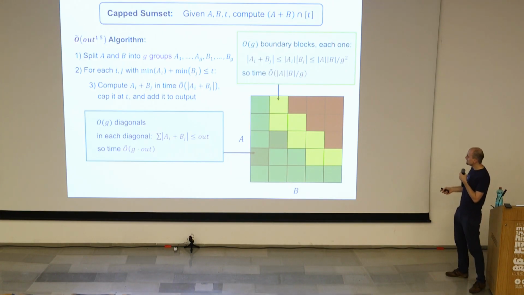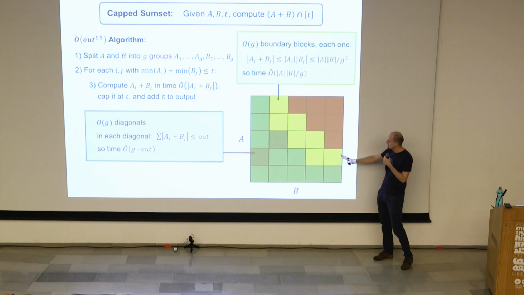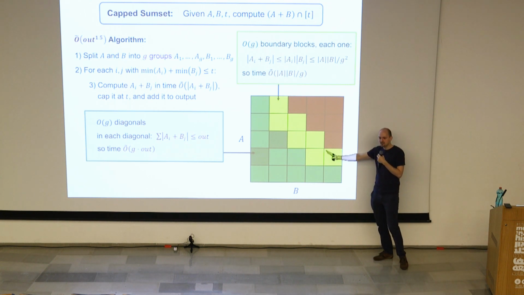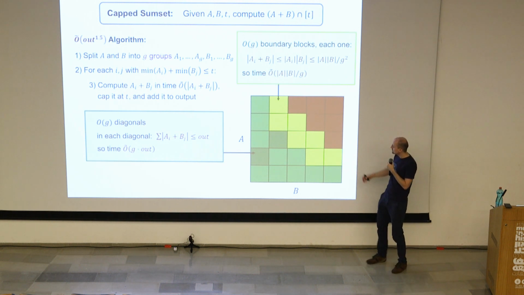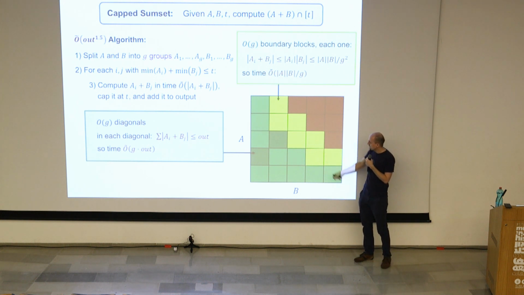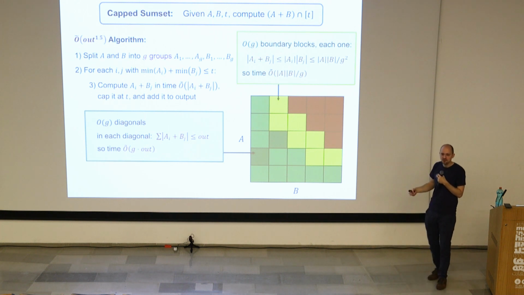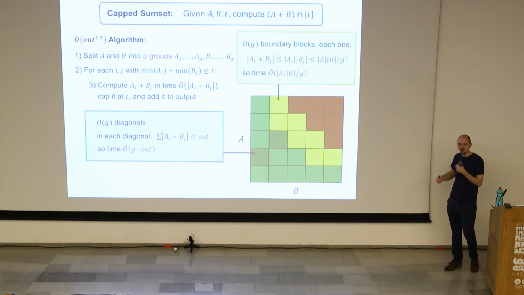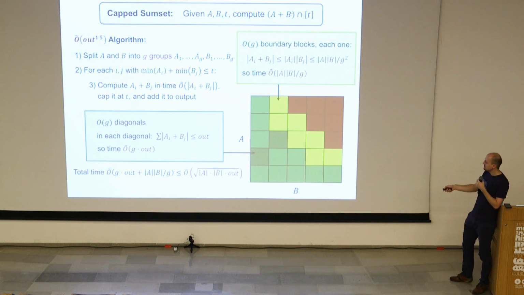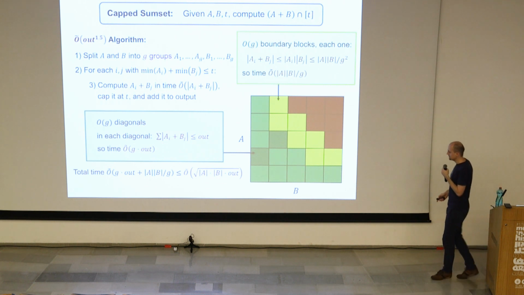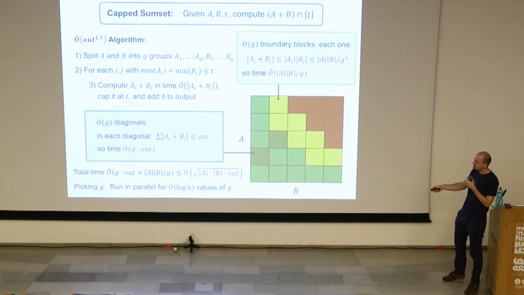So basically what is happening here is that if you have a large number of groups, that means that the boundary gets thinner and thinner, so you spend less time on the boundary. But if you have a large number of groups, then you get more and more diagonals, and within each diagonal you could recover each output element once in each diagonal. And then you trade off these two running times, and this is the final running time that you get. To do the trade-off, you should actually pick the right g,